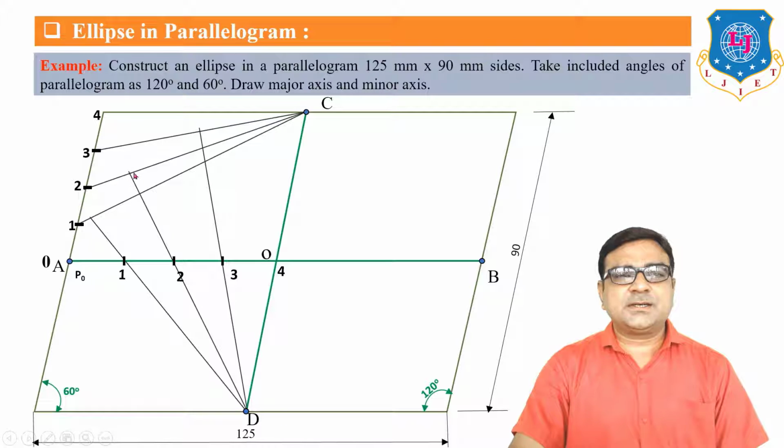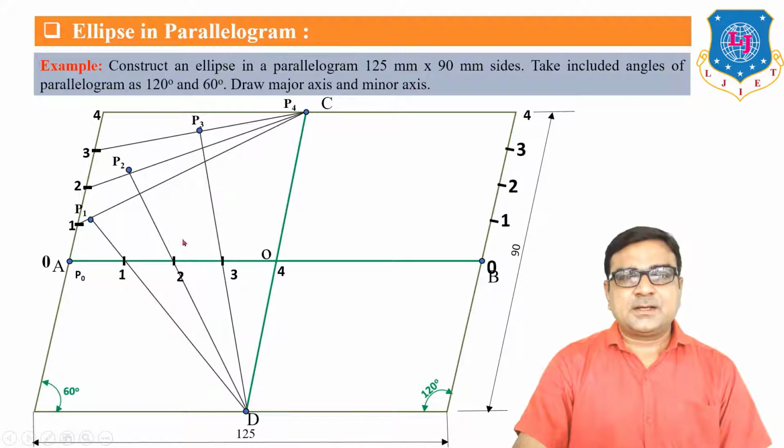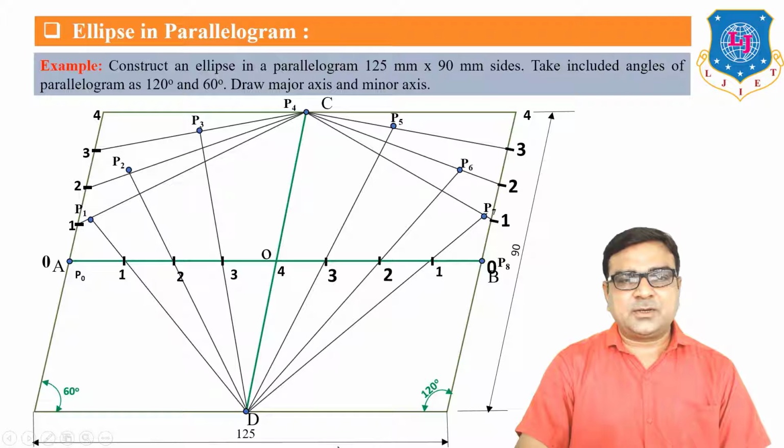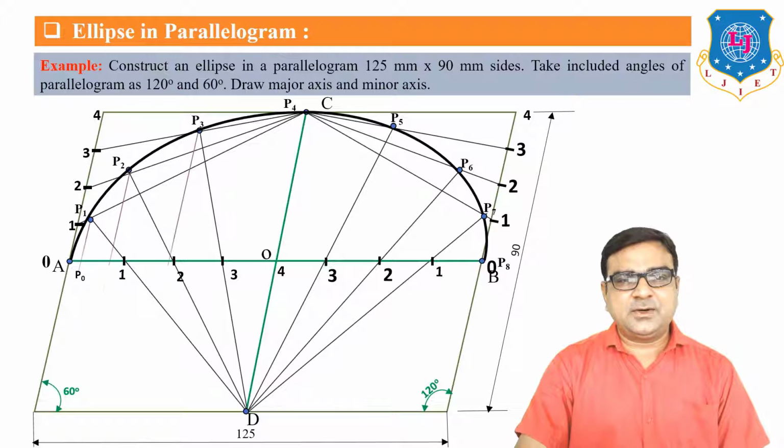Now the intersection point C1 and D1 is a point of the ellipse. Similarly P2, P3 and P4. The same method applies on the right side and you obtain other points of the ellipse, P5, P6, P7, and the same method applies below the AB line, and you have to complete